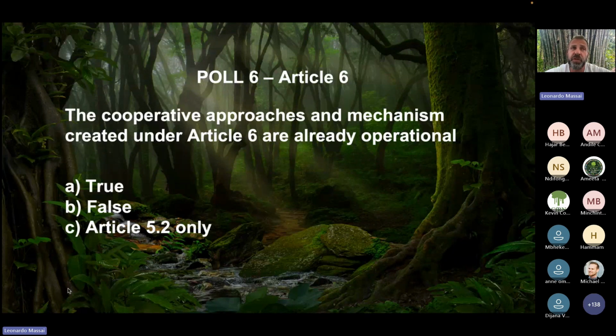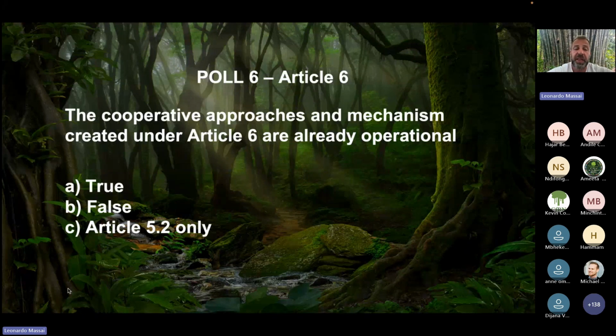Why? Because Article 5.2, REDD Plus, is the only sectoral mechanism that we have under the Paris Agreement that is already operational. It is national, and countries can already produce and are already delivering results under 5.2, so-called REDD Plus results, which are results that can be exchanged through Article 6 ITMOs by parties already. There are a few elements that we are going to finalize, hopefully, by COP29 on Article 6.2 and 6.4, but the main structure, the main infrastructure is already there, and that's what we are going to discuss together in these